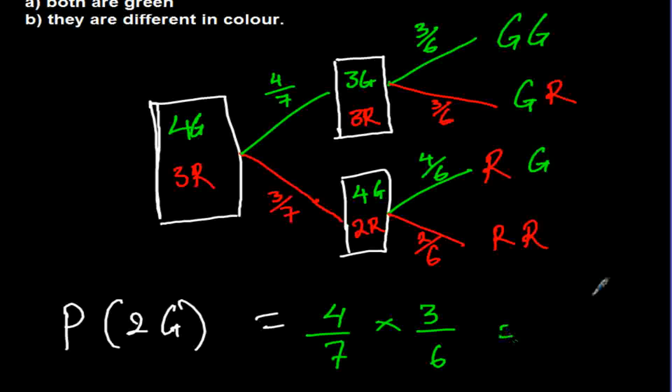So multiplying 4 out of 7 times 3 out of 6, that will give us 12 out of 42. So that is the answer to the first part, even if you don't reduce. So let's call this one part A. Then part B,